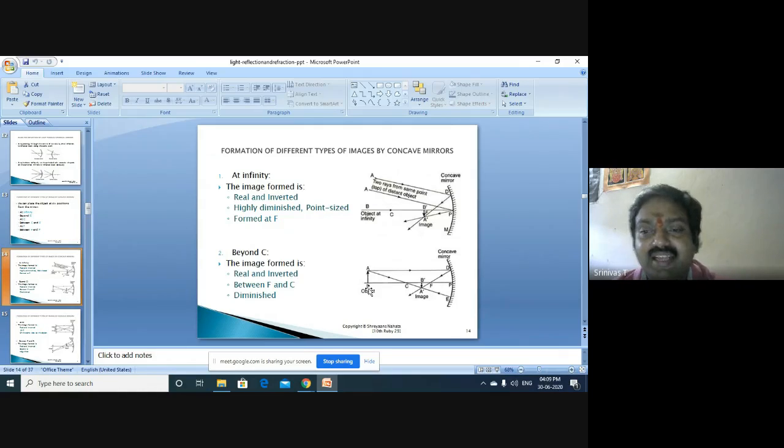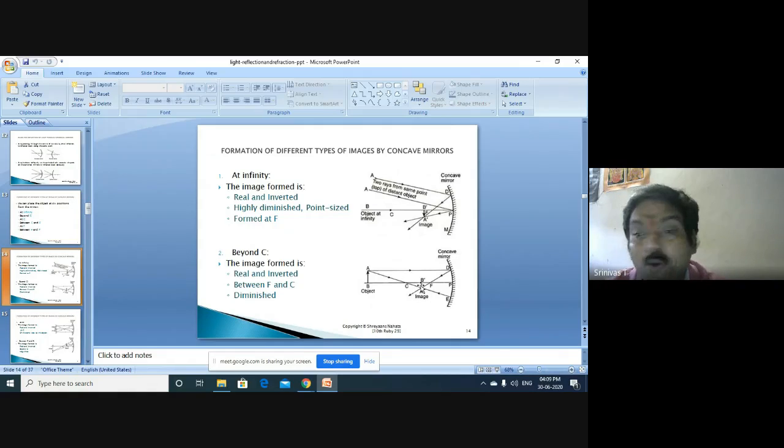Then the second thing is for this particular point which is there on the principal axis, obviously its image is again on the principal axis, because whatever light ray goes along the principal axis again reflects in the same direction. So that's how we can take one end. See, for the other end, in what way do we try? Just now we concluded that one end is on the principal axis only. As you can see in this picture, B dash is the image. So B is there on the principal axis, and B dash is the image of the point B.